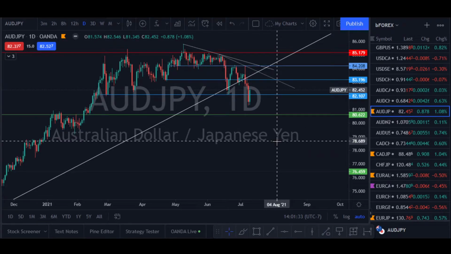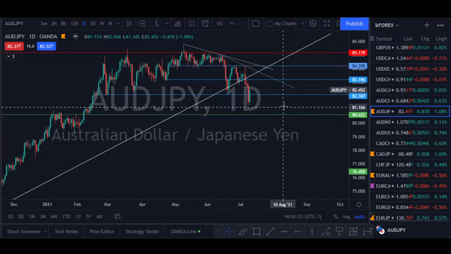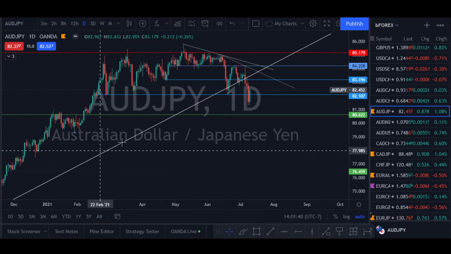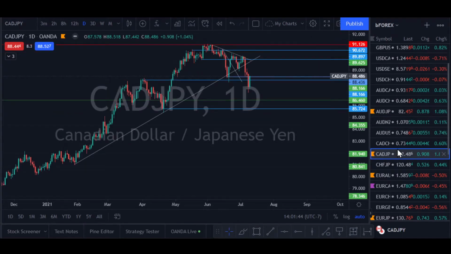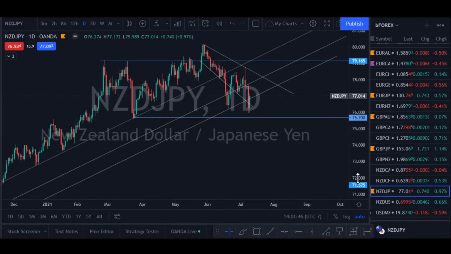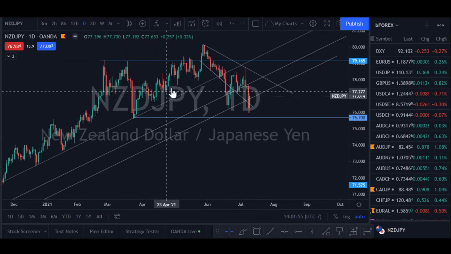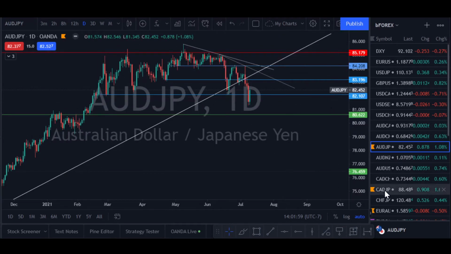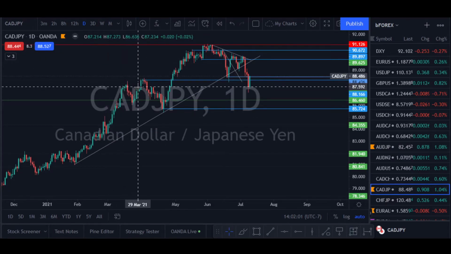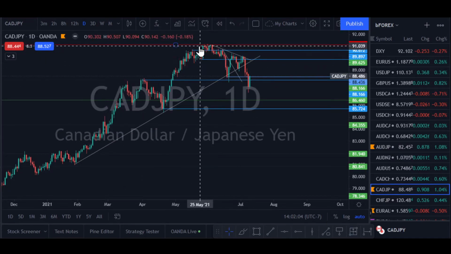So when there's risk on in the market, you usually see the trade heavily towards the Australian dollar, the Canadian dollar, and the New Zealand dollar versus the Japanese yen. Usually a lot of long trades. But what you see over here is, after some sideways action on the New Zealand dollar, Japanese yen, on the Australian dollar, Japanese yen, and even to some degree on the Canadian dollar, Japanese yen, you've seen price